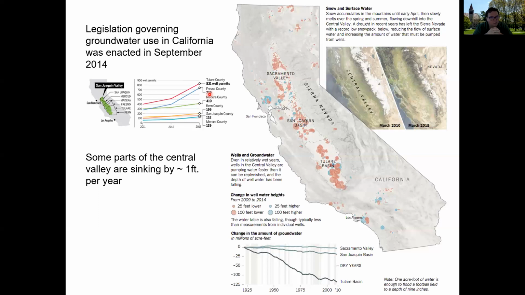But if you're there during a major rain event, that's also really bad because there's a higher incidence of flooding in those regions. So it's a tough situation from a sustainability perspective. The cat's already out of the bag. But particularly in the Tulare and San Joaquin basins, we're already seeing sinking by nearly a foot per year, which is incredible. Imagine building a house and knowing that every year your land surface is going to drop by a foot. When you think about the kind of problems this can cause,